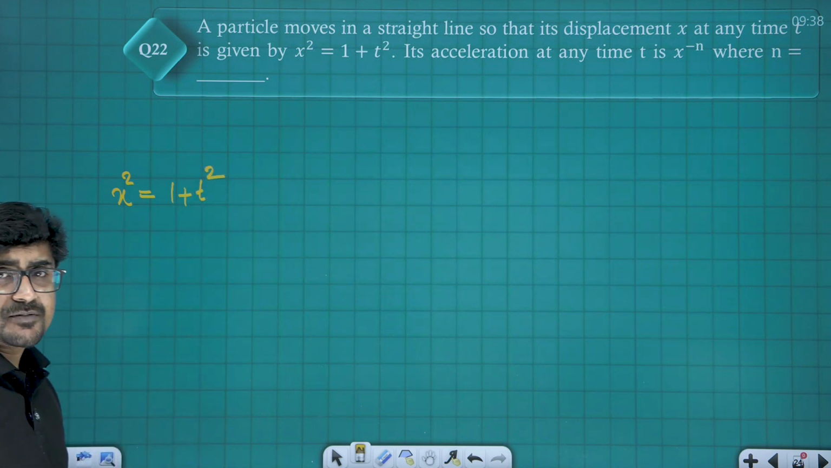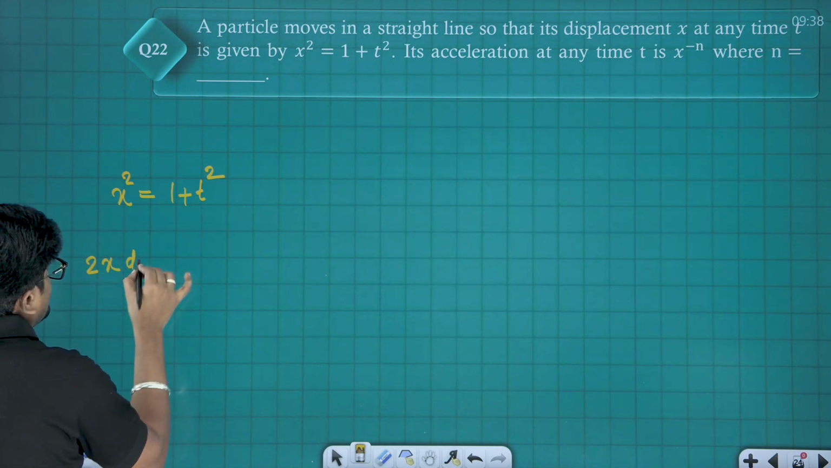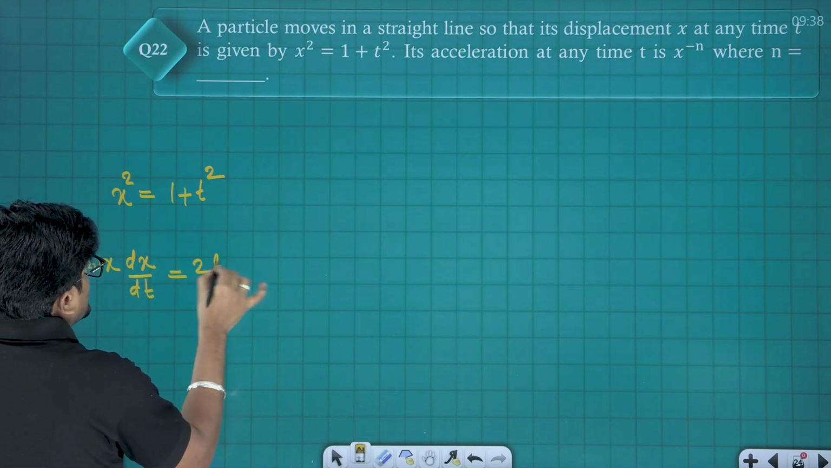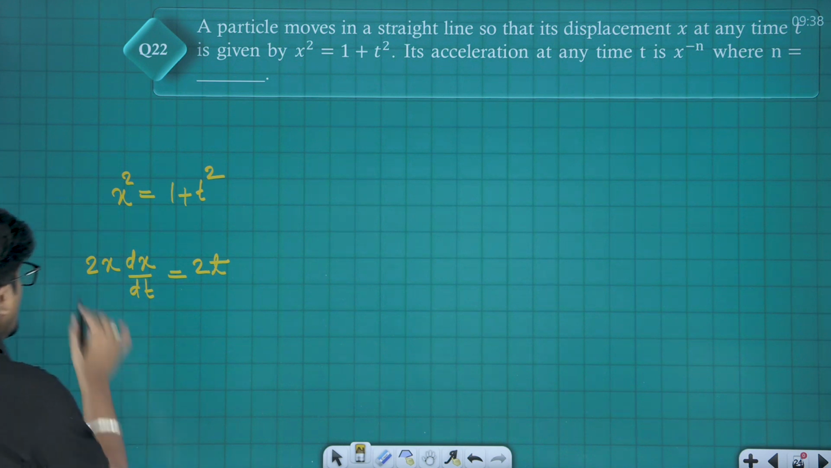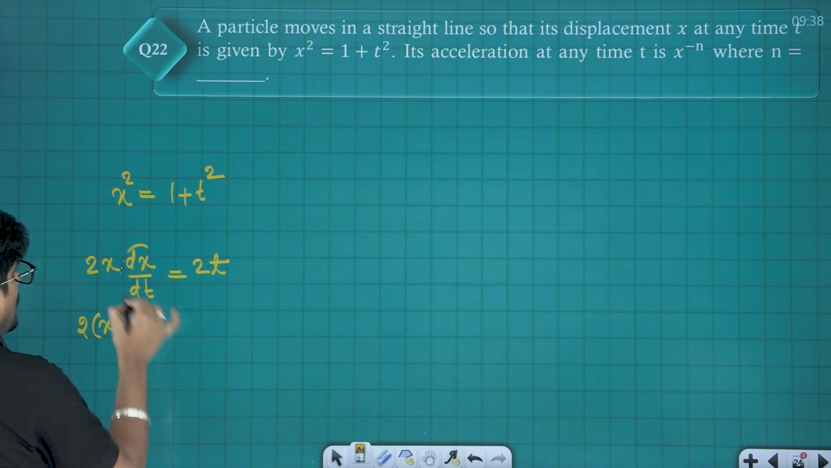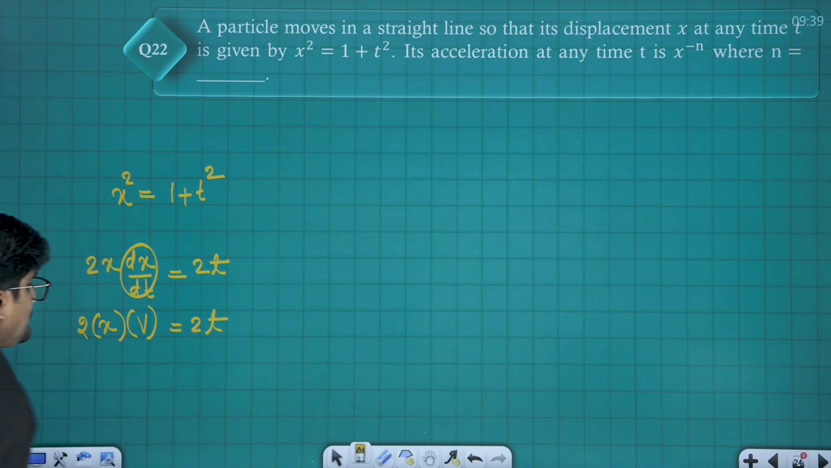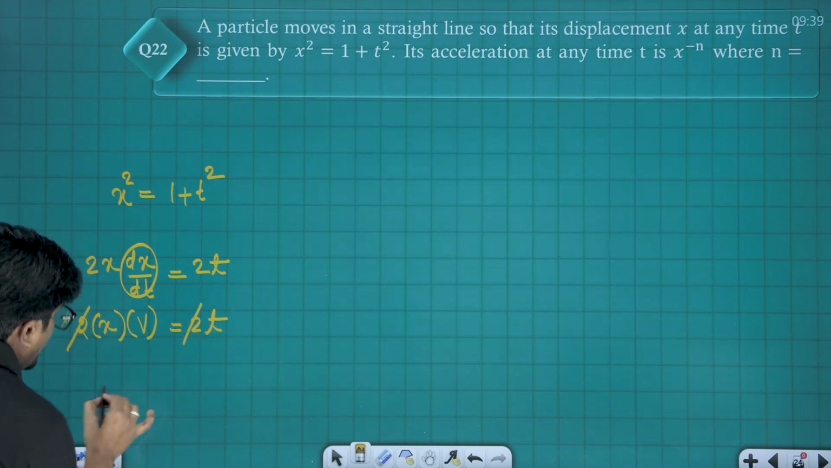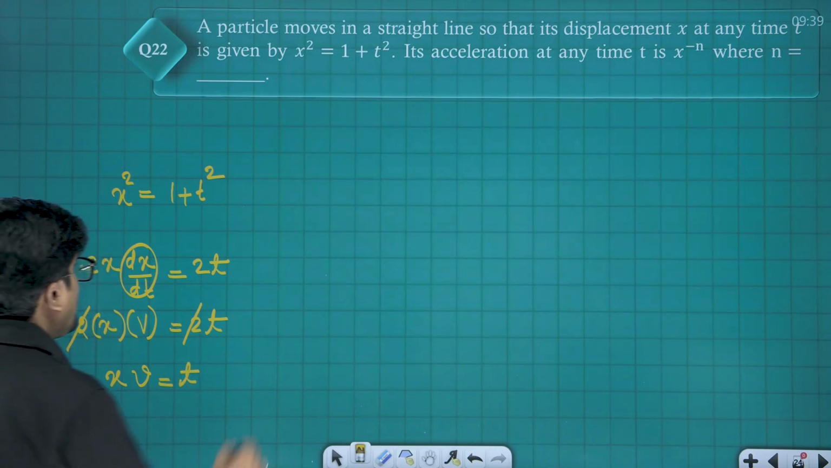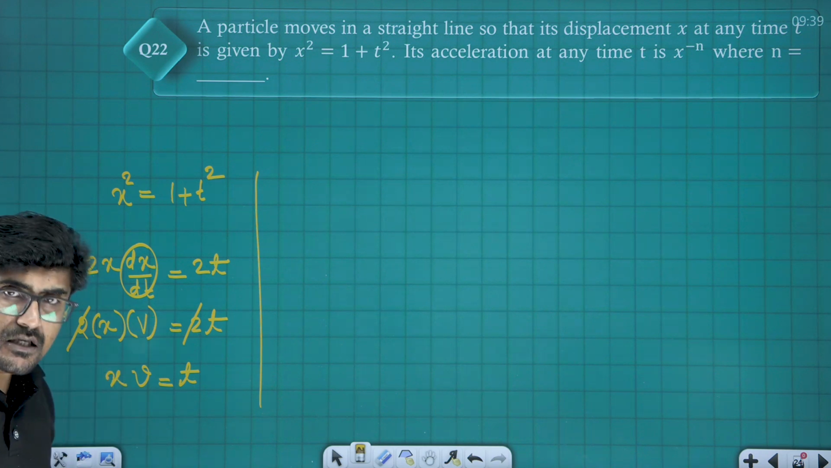Let me differentiate this expression with respect to time t. So here this is going to be 2 times x into dx by dt, that is going to be 2 times t. Alright. So here this is 2 times x into, what is this? This is velocity. That is equal to 2 times t. 2 and 2 will cancel each other. So I can say x into v is equal to t. Alright. Fine. Now let me again differentiate this with respect to